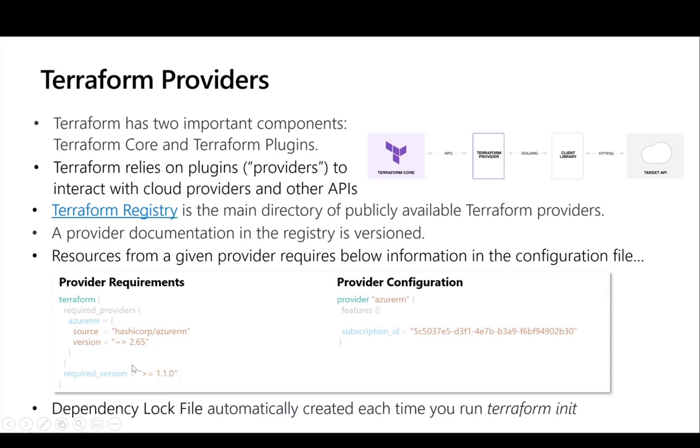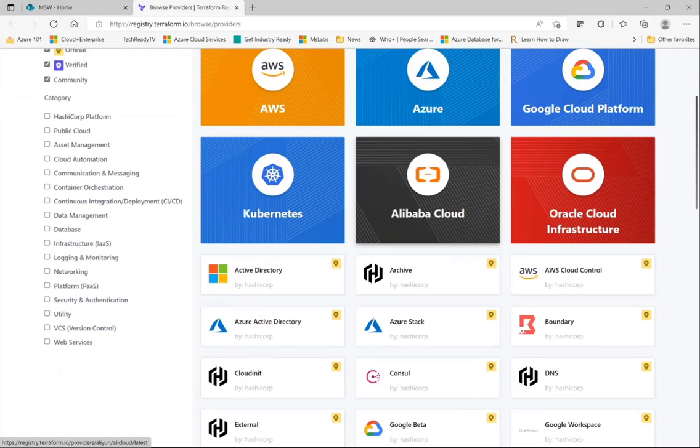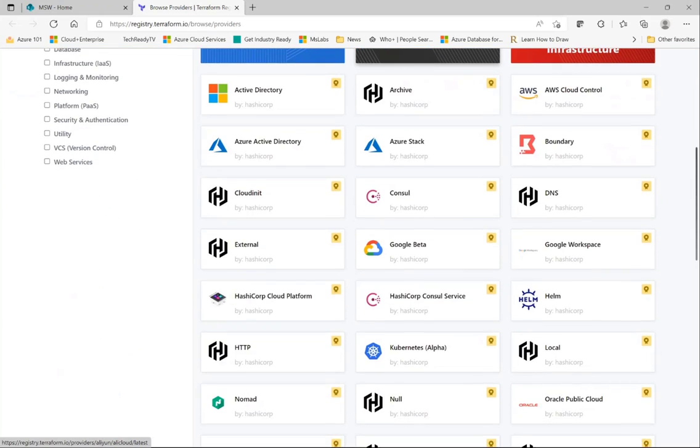And you can see the availability of these different cloud providers using the Terraform registry. So here is the Terraform registry. And as you can see, we have AWS, Google Cloud, Azure, Kubernetes, Alibaba Cloud, Oracle, literally hundreds of providers collaborating with Terraform